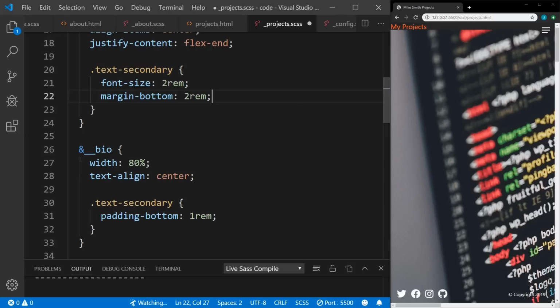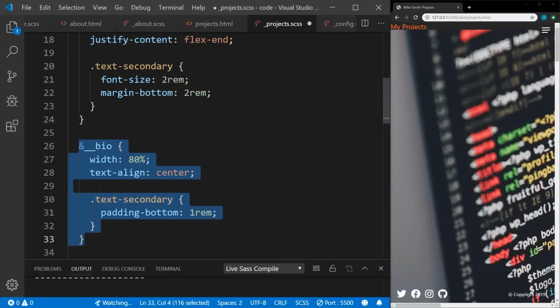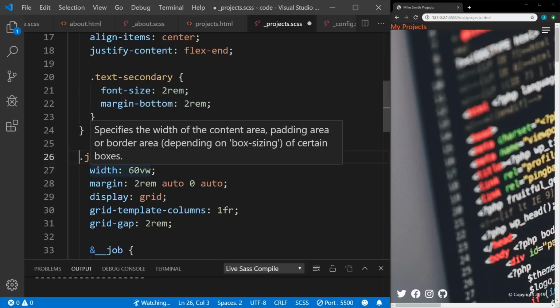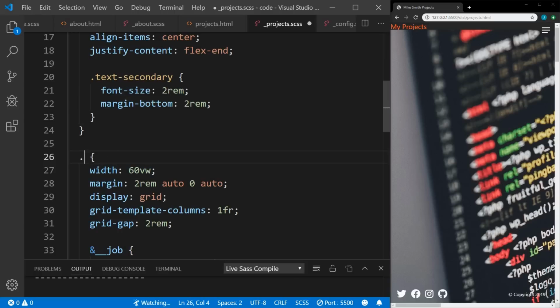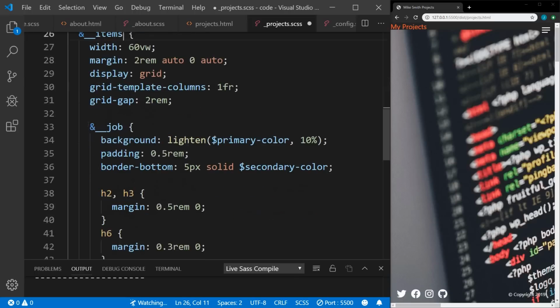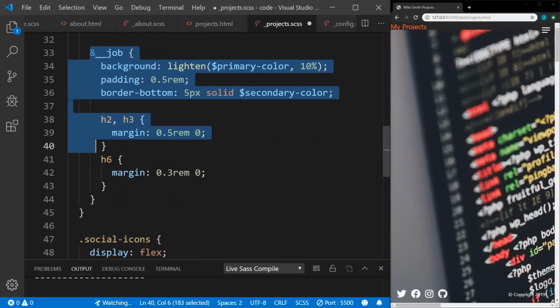Alright, and then we don't need this. Alright, so here a lot of this is the same, so we'll change jobs to projects items, so that's the wrapper. Alright, so let's take this part out,